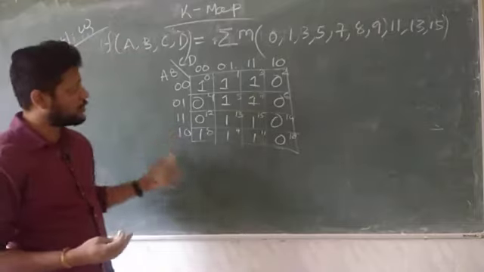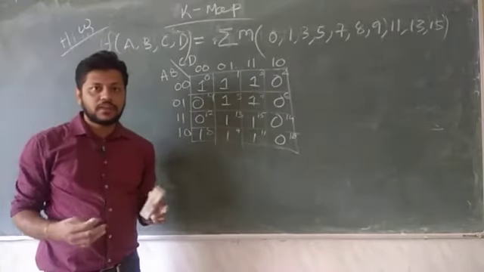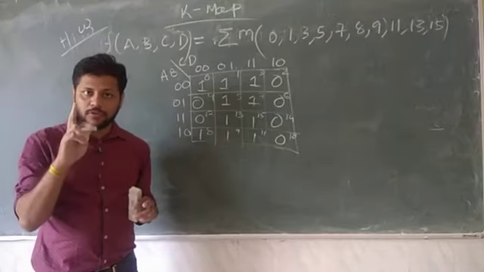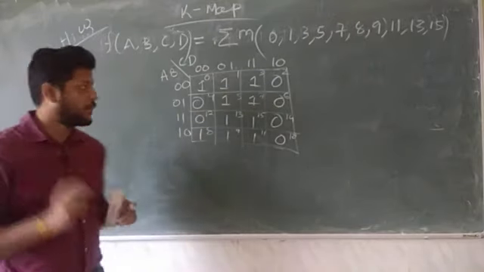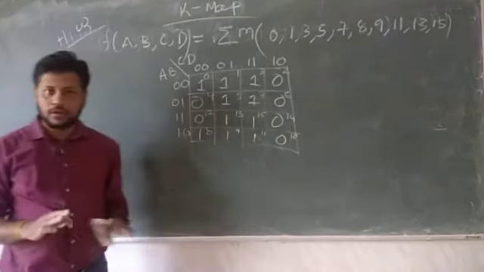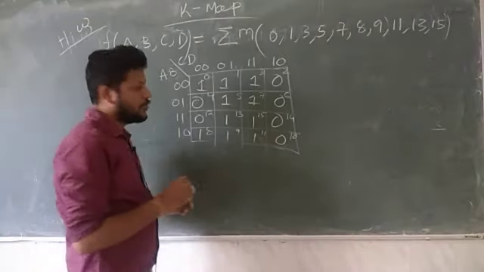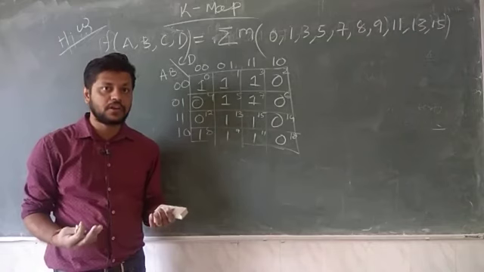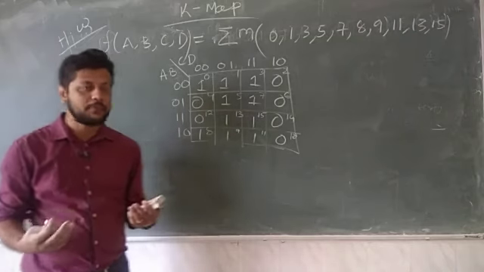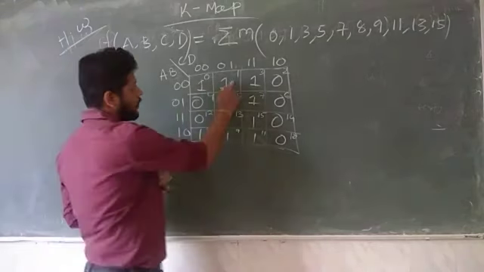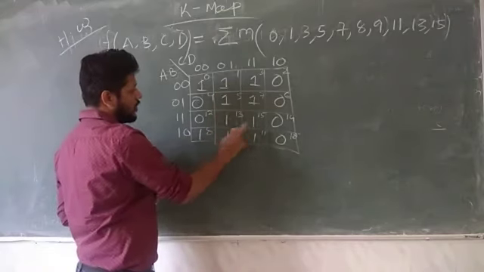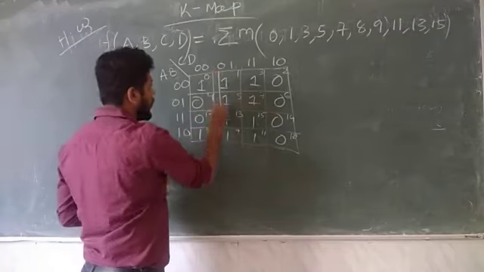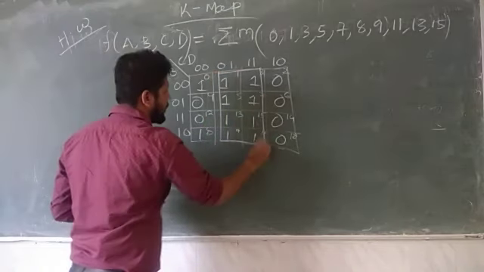It is not possible to combine all the 16 cells. If all the 16 cells were 1, that means the answer would be 1. But here all 16 cells are not possible. Then you need to see the next higher group, that is the 8 cell combination. Whether it is possible to combine 8 cells at a time. Yes, it is possible, because 1 1 1 1 1 1 and 1 1. So this is a big 8 cells group we can see here. So we can combine this 8 cell.